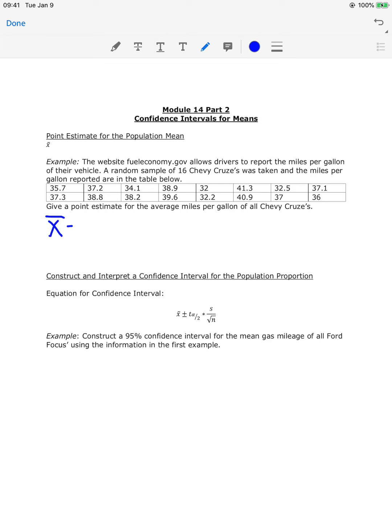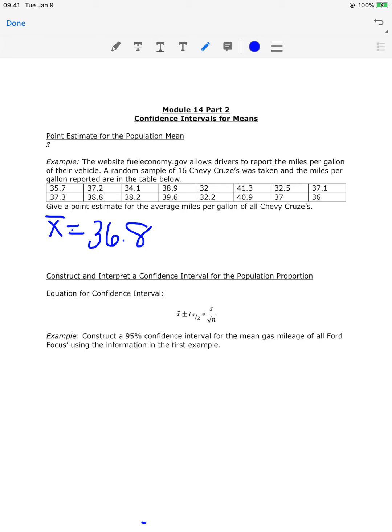So X bar. You can calculate this by hand by adding all the values together and then dividing by 16, or you can do it in your calculator using the 1-Var Stats function. When you do this, if you have a calculator like the one I use in the video where it shows you a menu, you need to make sure to clear out that frequency list option. Otherwise, just make sure that you tell your calculator where to look for the data, either list 1, list 2, whatever it may be. And when you do that, you should get a sample mean of 36.8 for these 16